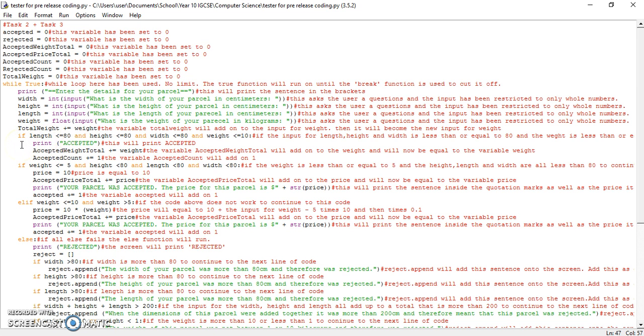Here, if the length is less than or equal to 80, and the height is less than or equal to 80, and if the width is less than or equal to 80, and if the weight is less than or equal to 10, to continue to the next line, which is print accepted, then the accepted weight total plus equals weight, so the same thing, the variable accepted weight total will add on to the weight, and now